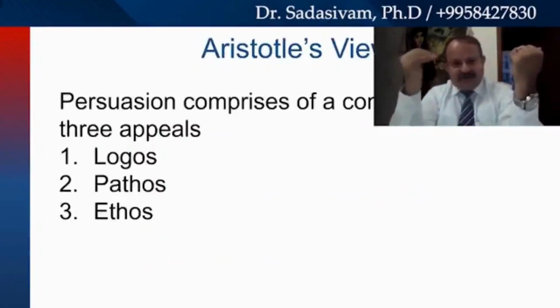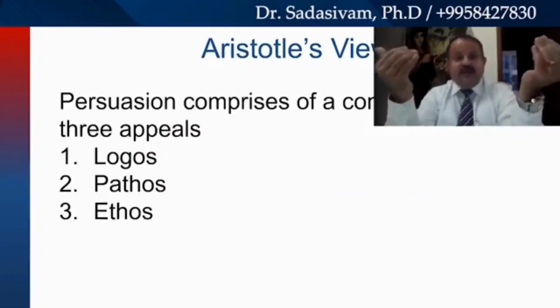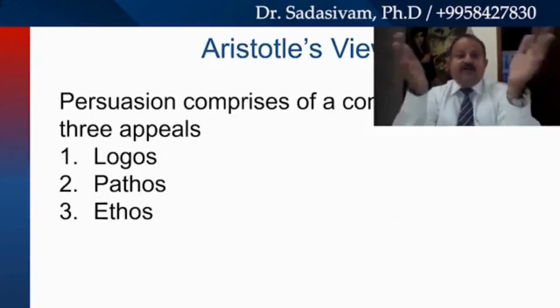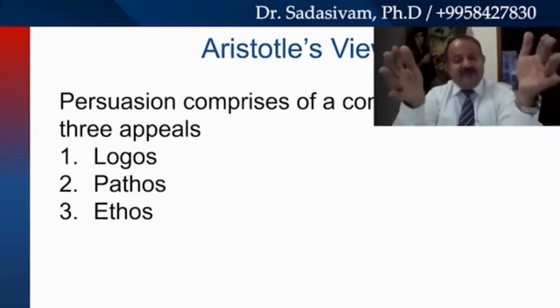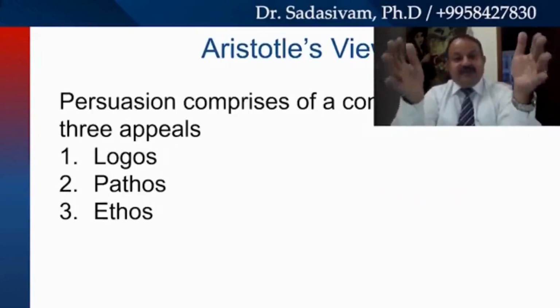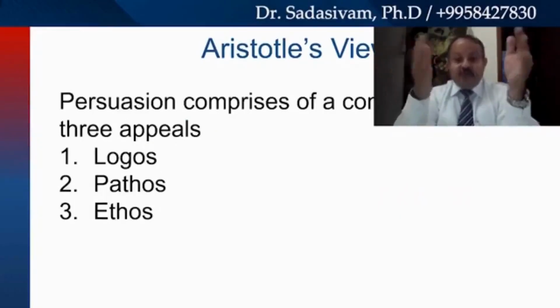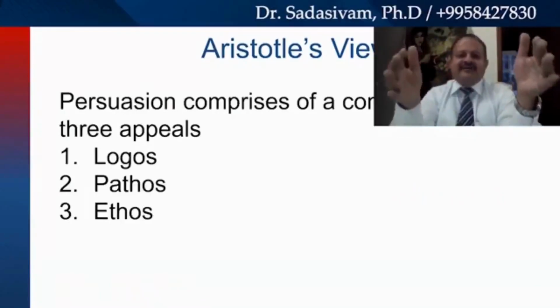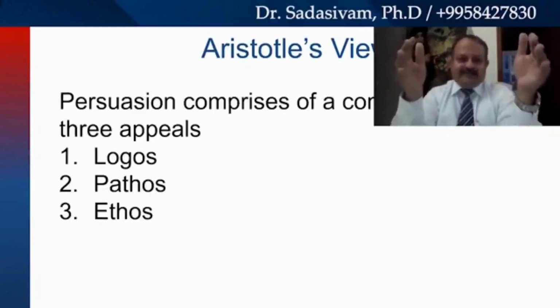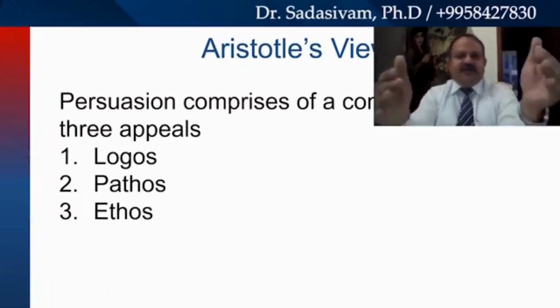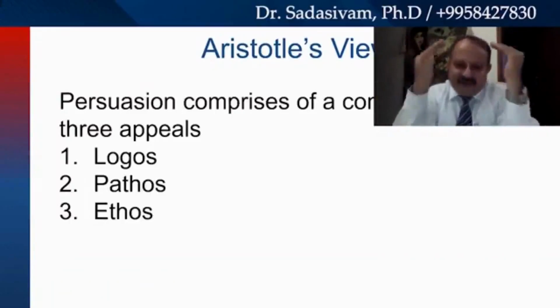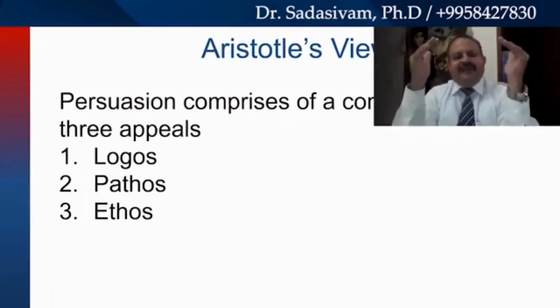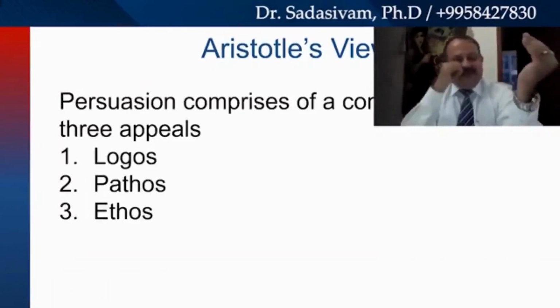So let's go back in time to Aristotle's time when he explained the concept of persuasion. This typically means persuasion existed even during those days. So typically when we talk about human beings, every human being has its own line of thinking. And at some stage or other, in the course of everyday life, everybody wants to persuade, right?